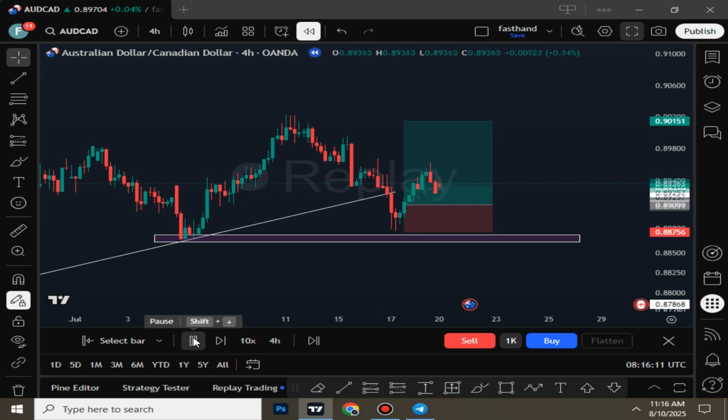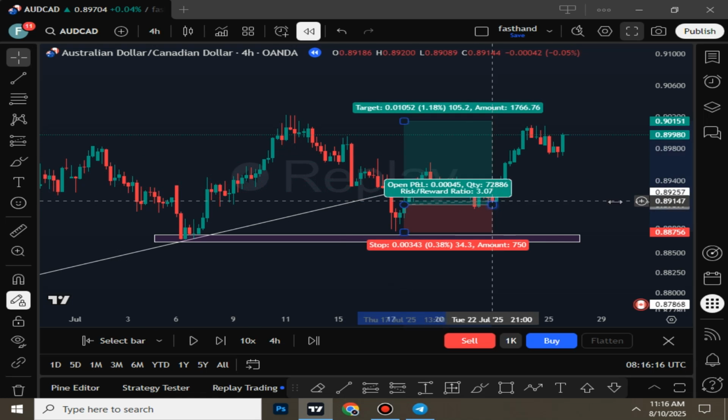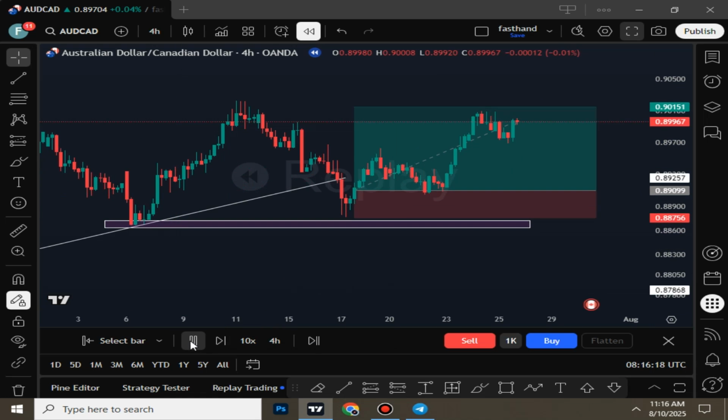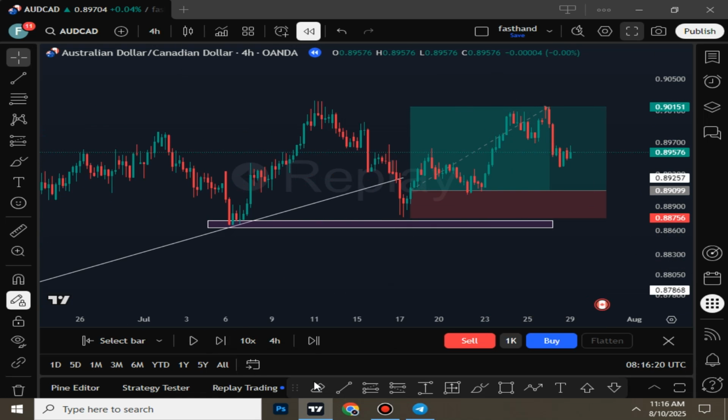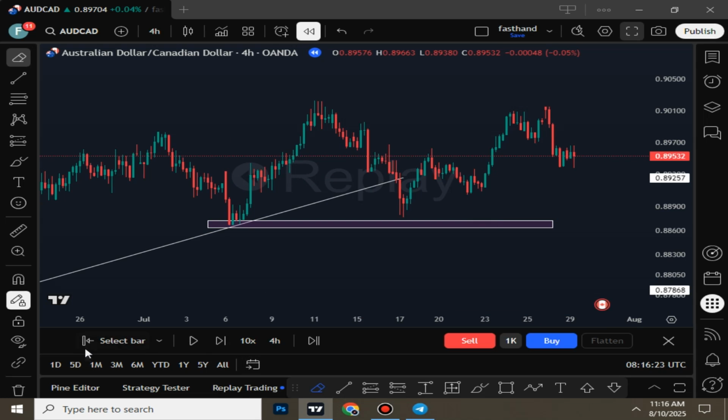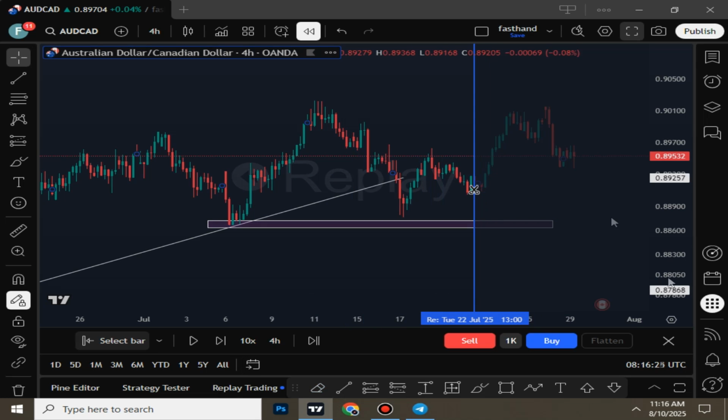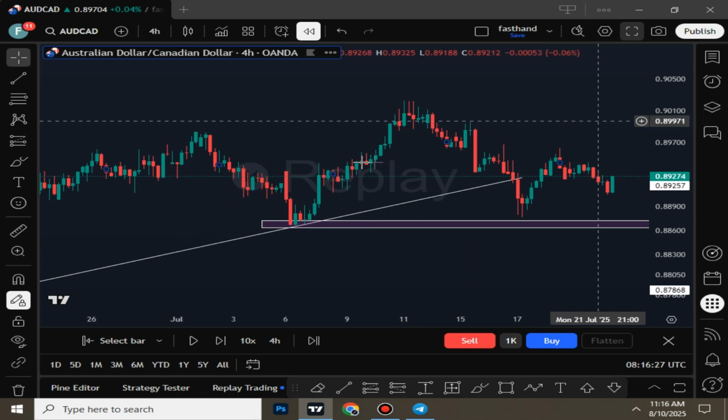Then you let the market do its thing. I don't care about stop loss, pullbacks. Then the market hit our take profit, right? So let me show you where I did take that entry. I think I took it right here,